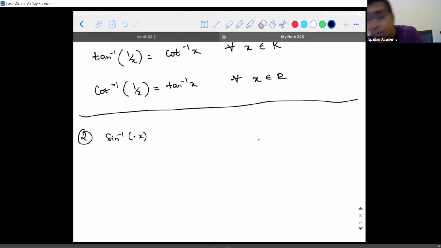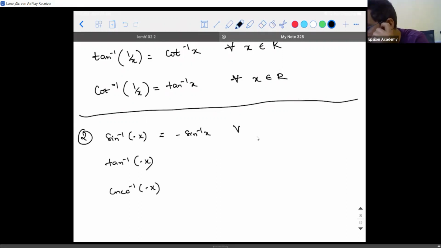So by now you should have understood the technique. For which functions will it be minus of that inverse trigonometric function? For those functions whose principal range is between minus pi by 2 to pi by 2. That is sine inverse, tan inverse, and cosecant inverse. So this is minus sine inverse of x for all values of x that belongs to